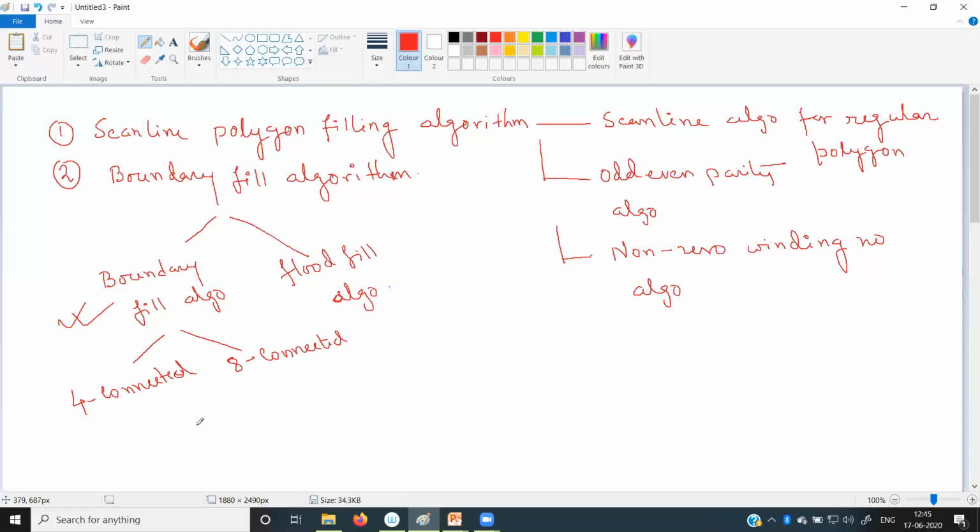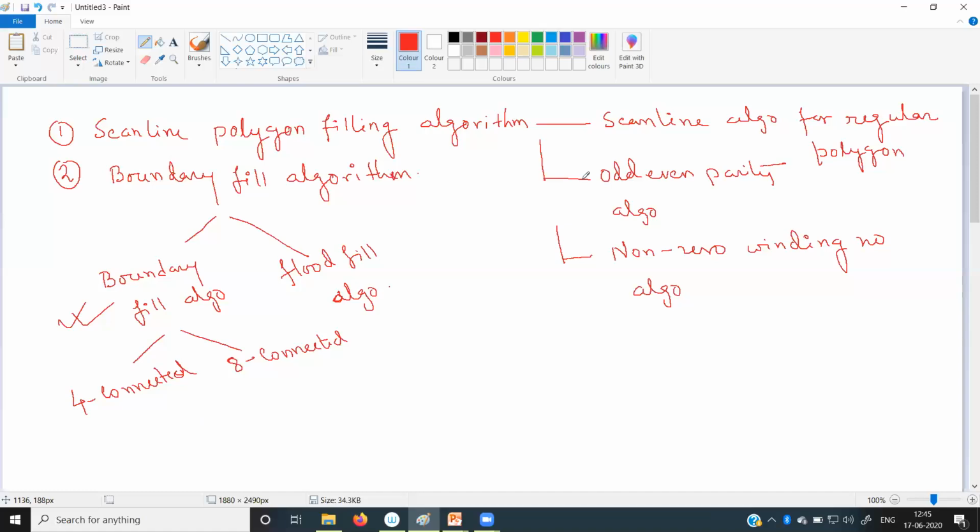One important thing to notice is that there is a major difference between the boundary fill algorithm and the scanline polygon filling algorithm. Whatever method we use to fill the polygon, whether ordinary scanline, odd-even parity or non-zero winding number, in all cases the boundary is just a straight, sharp line.